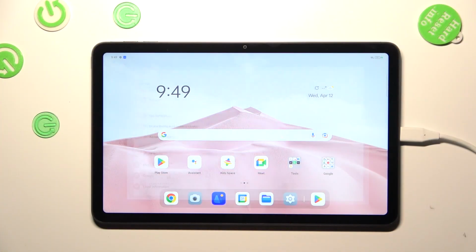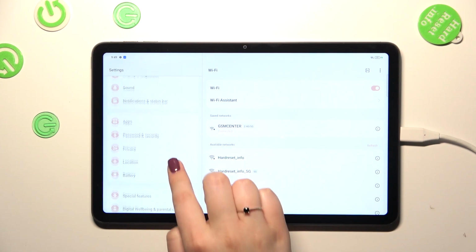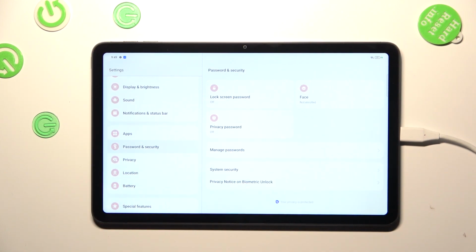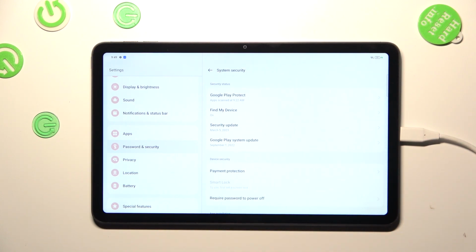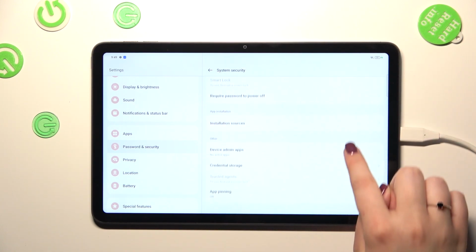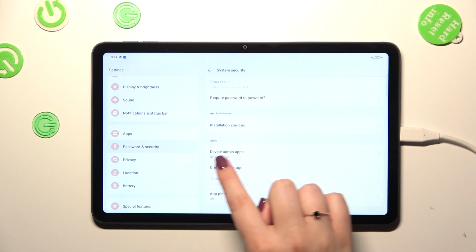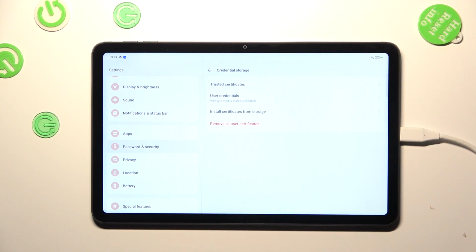So first of all, let's enter the settings, and here in this left section we have to find password and security. Then we have to tap on system security. Now let's scroll down in order to find credential storage. Let's tap on it, and as you can see at the very bottom we've got the option we're looking for,